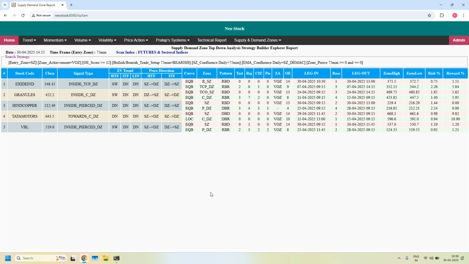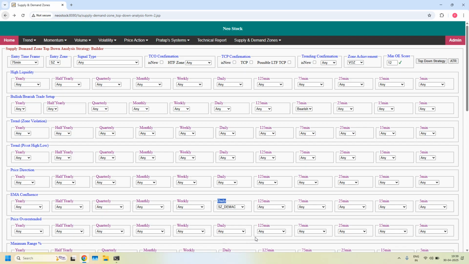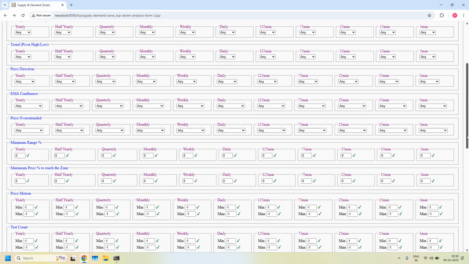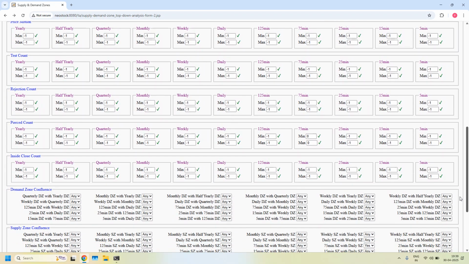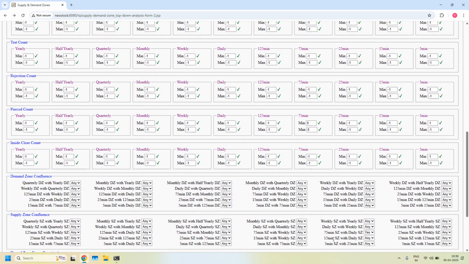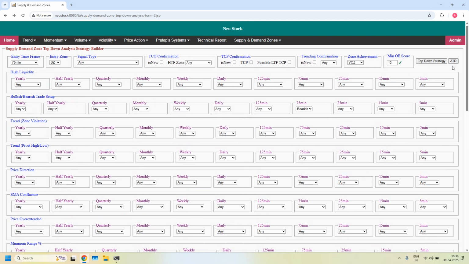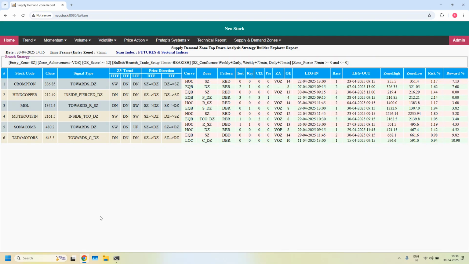Okay, next, let's filter based on LTF, ITF and even HTF supply zone confluence supported stocks. Removing EMA filter. In the supply zone confluence, 3 filters we have to set. The first filter is 75 with daily, already enabled. Next, 75 with weekly supply zone confluence. Daily and weekly supply zone confluence. With all the 3 filters, LTF, ITF, HTF supply zone confluence,